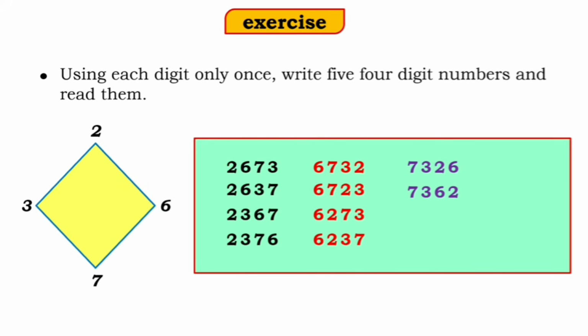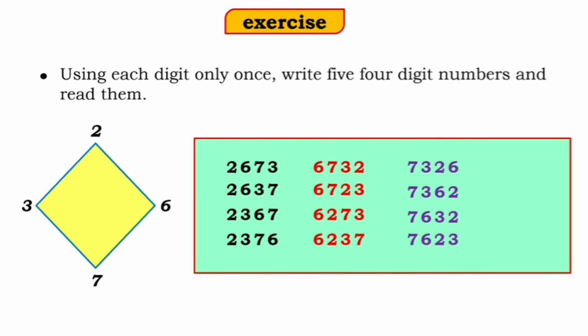7362. Now we will interchange the hundreds place and the tens place. So the new number will be 7, 6, 3, 2. That is 7632. Now again we will interchange the tens place and the units place. So the number will be 7, 6, 2, 3. That is